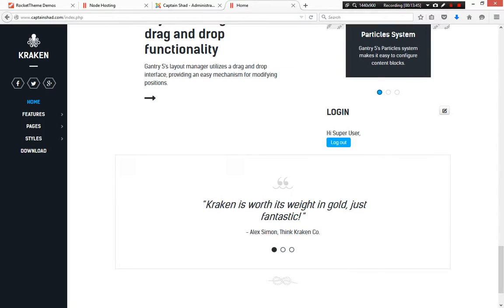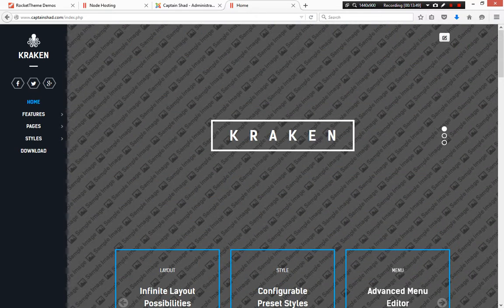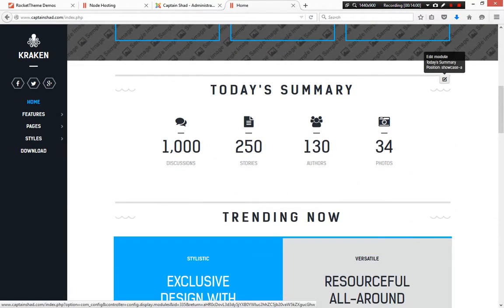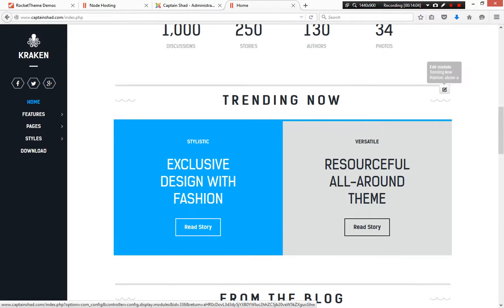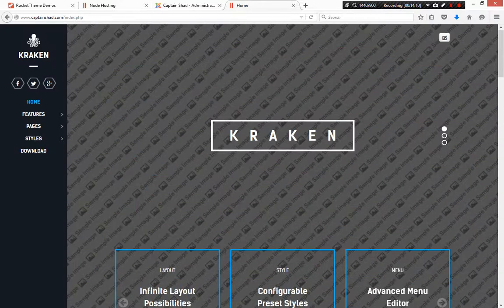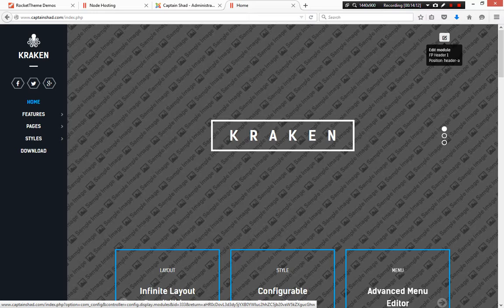It's not typical, but anyway, what you're looking for when you log into the front end of the website is this little box right here, and you can actually edit any one of these objects with this, except that you're going to have really limited options from the front end. So what I like to do is hover my mouse over this box, and look down in the lower left hand corner. You can see that there is a string. It's a URL path, and in that path it basically says